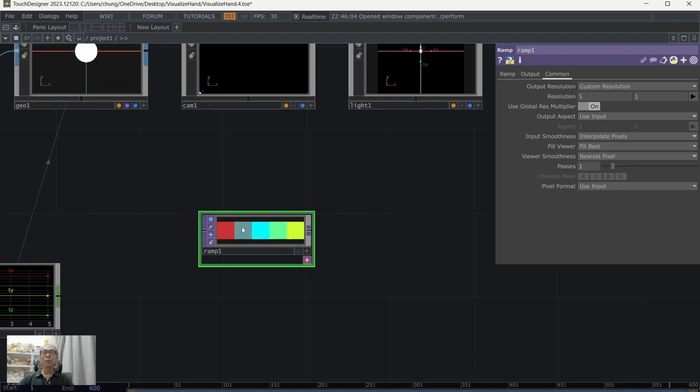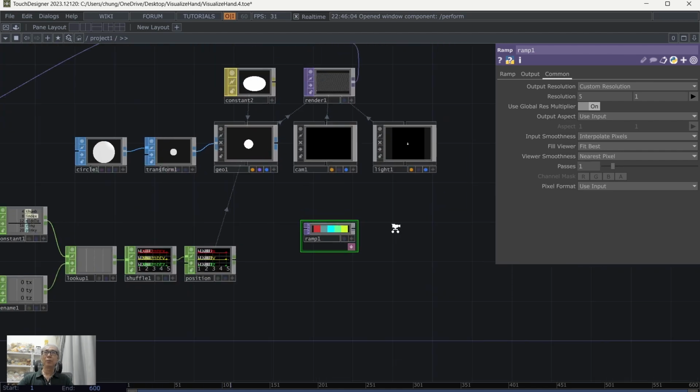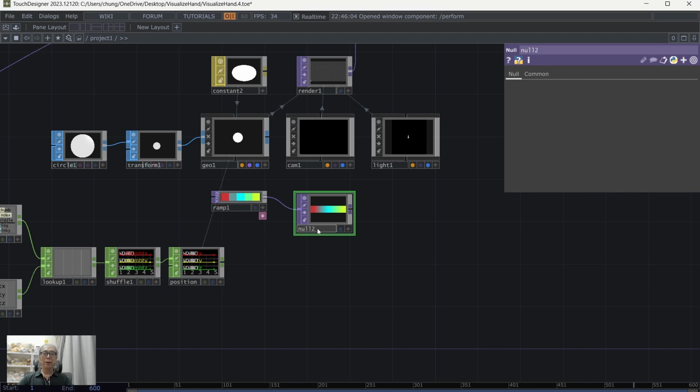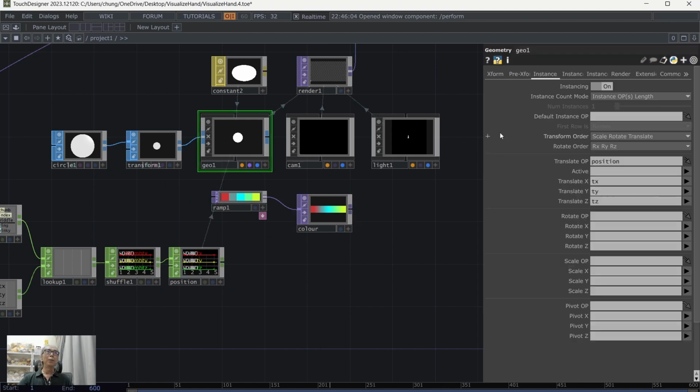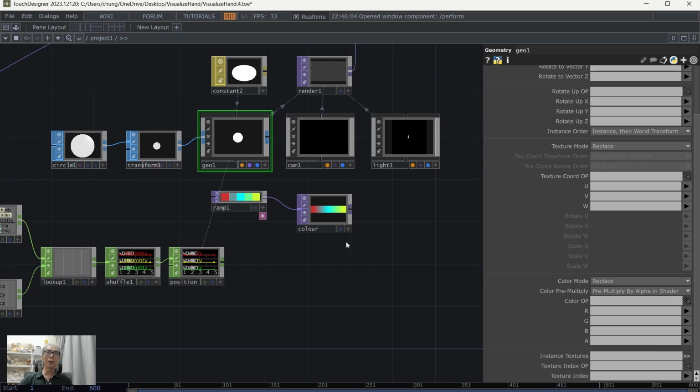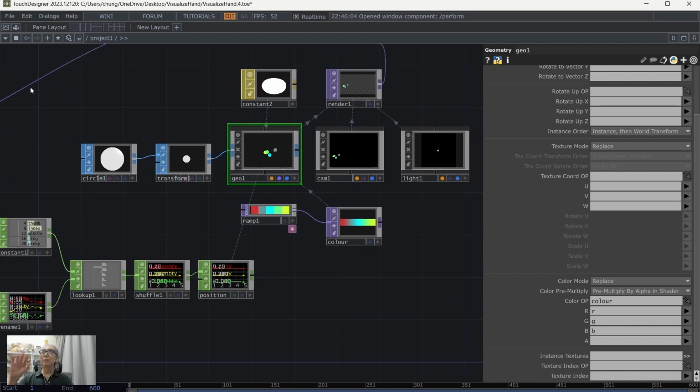So in terms of the 5 pixels, I give it a null, name it as color, and then put it in instancing, which is in the second tab, and then you can drag the color to the color op and choose RGB accordingly. So now your fingertips come with different